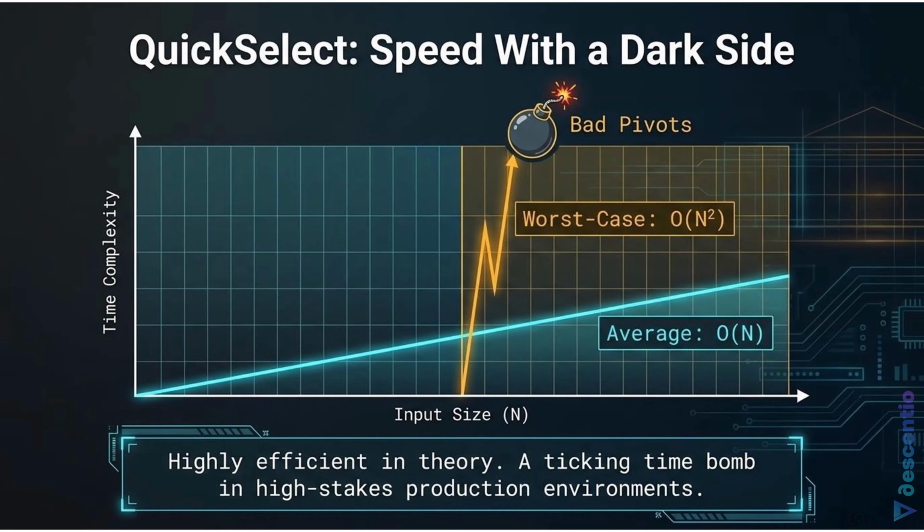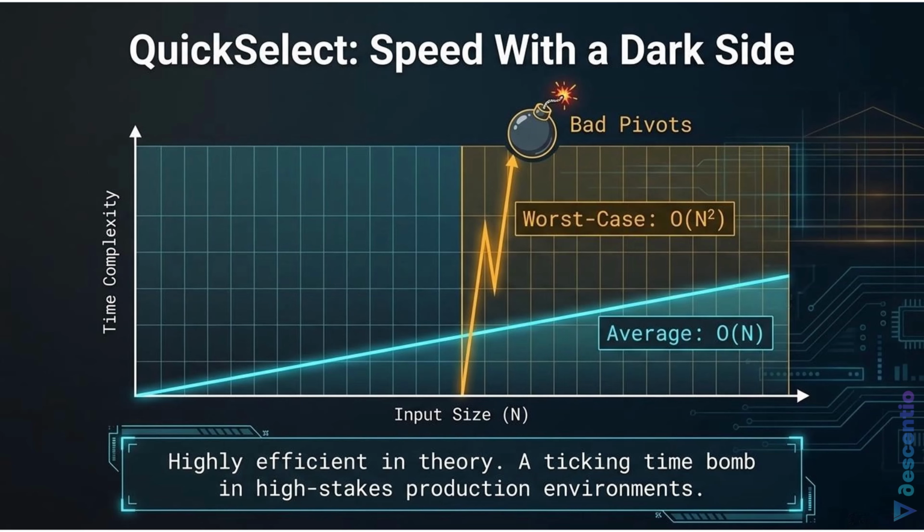And I'm guessing this is where the real-world environment punishes the textbook answer. Oh, absolutely. What's fascinating here is that QuickSelect has a well-known, very dark side. A worst-case O(n squared) time complexity. Wait, is it always that fast, though? What's the catch when we bring this into a high-stakes production environment? The catch is the data distribution. If you accidentally pick the absolute largest or smallest element as your pivot, you aren't throwing away half the haystack. You are just removing one single piece of hay.